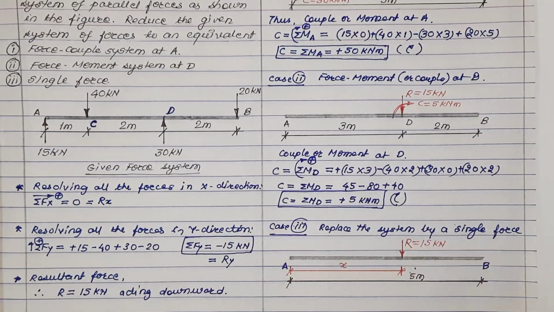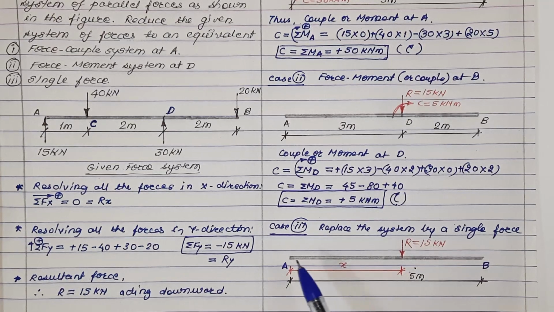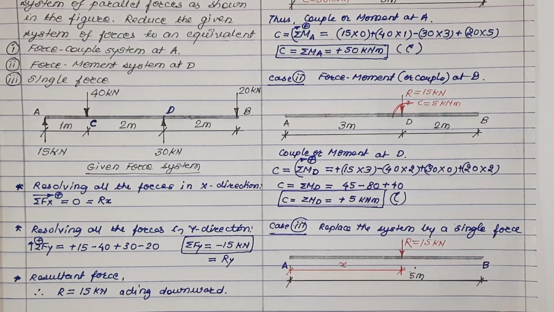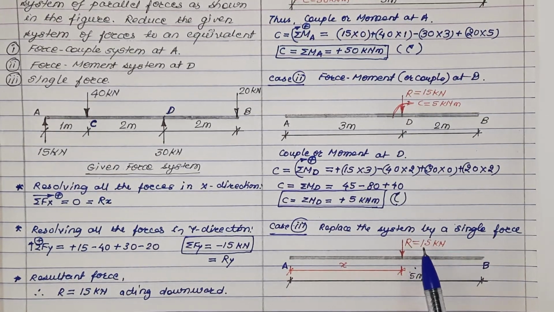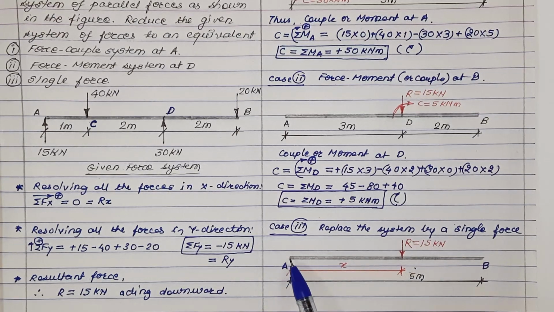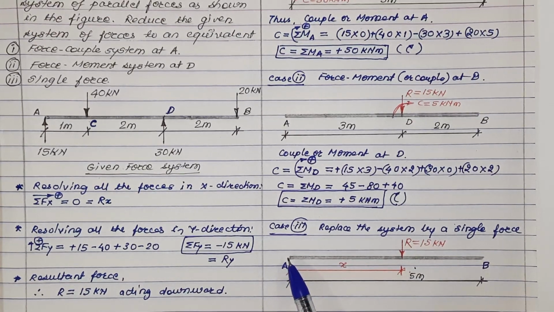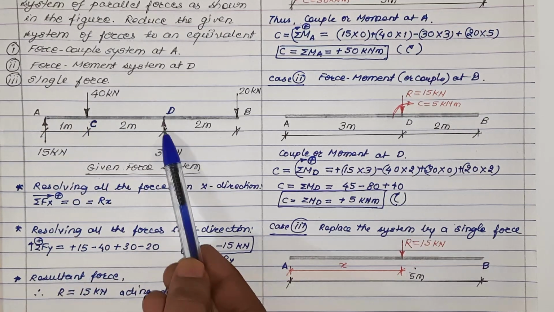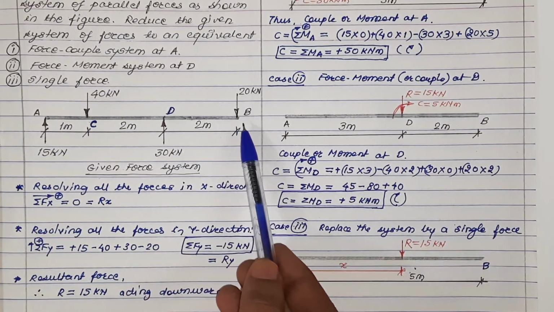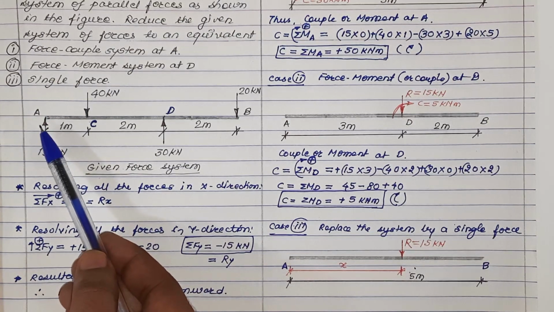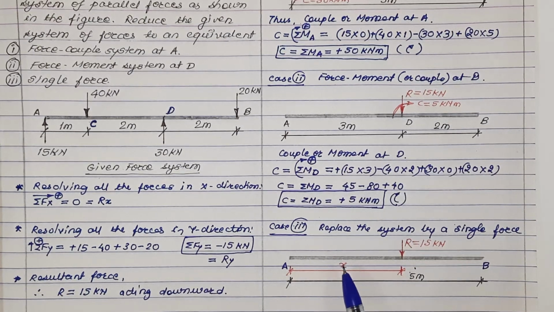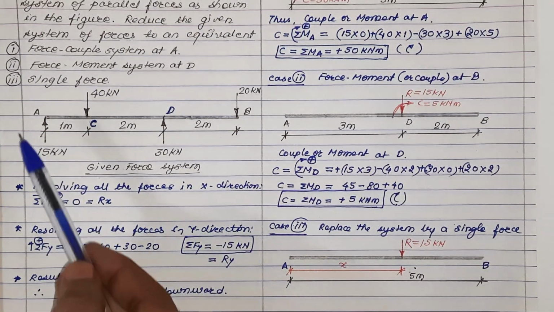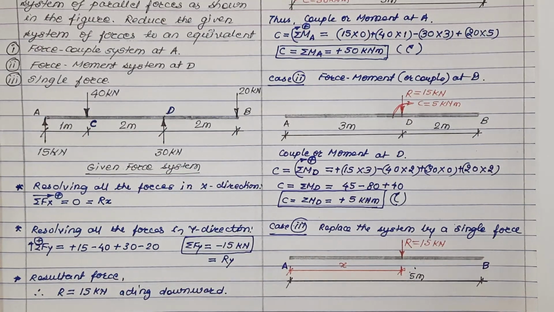Hence, what we have to do? We have to assume that the resultant force is acting at a distance x from end A. Now, as per Varignon's principle of moment, whatever moment this resultant force is producing about A should be equated to the algebraic sum of moments produced by all the four component forces about A. Then and then we can say when R is applied at this distance x, it will produce the same effect as produced by its component forces. So, apply Varignon's principle.